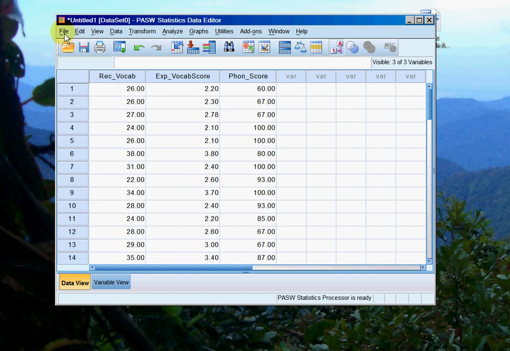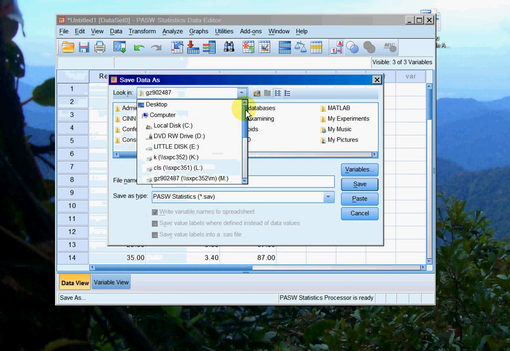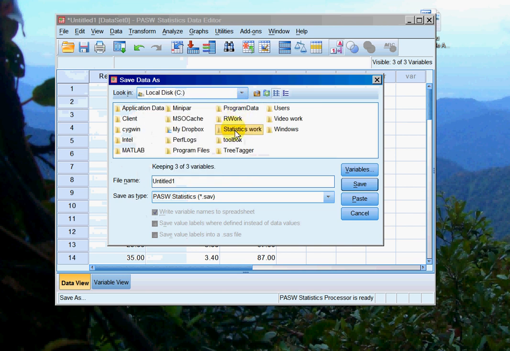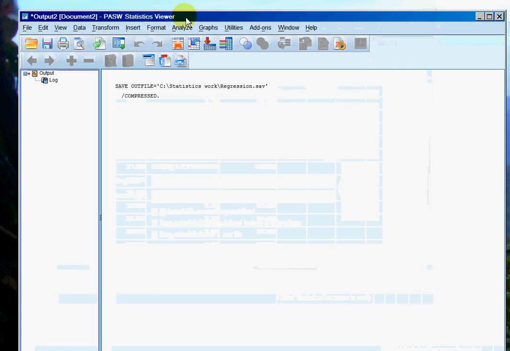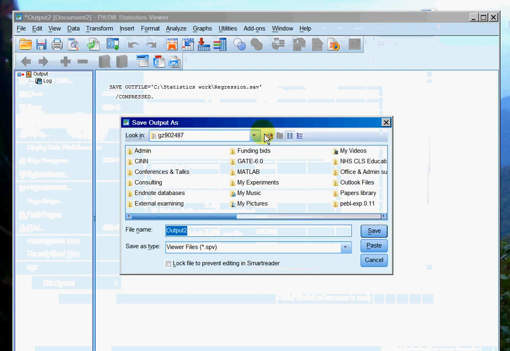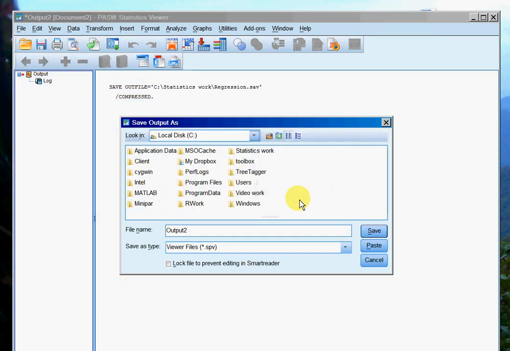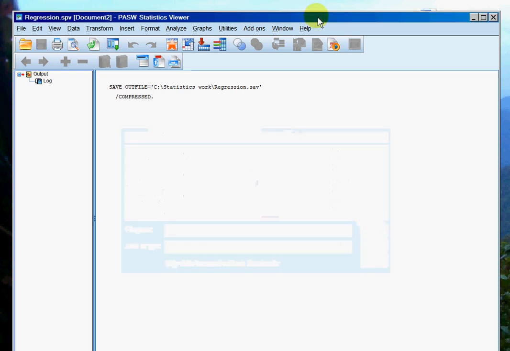So the first thing I need to do is just save this file. There we go, and then it's generated an output file, so I'm just going to save that as well. There we are. Alright,